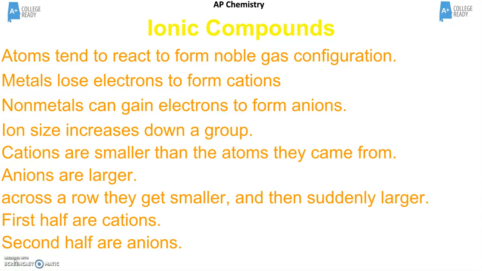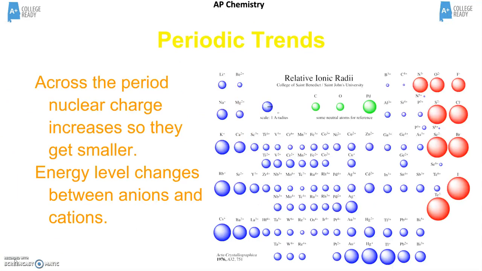Now, the ion size increases as we go down a group. So cations are smaller than atoms they came from, and anions are larger. Across a row, they get smaller and then suddenly larger. Now, this is what we call a periodic trend. It is just a trend and not an explanation. You can think of trends in terms of multiple choice questions, but realistically, the best science for you to know